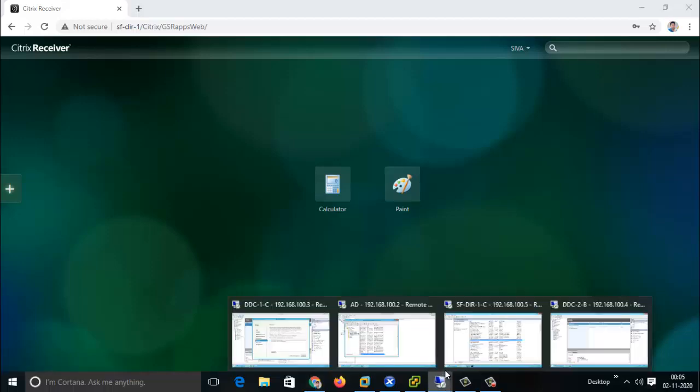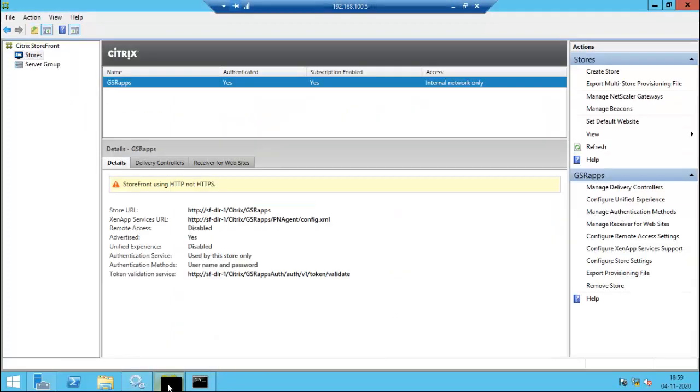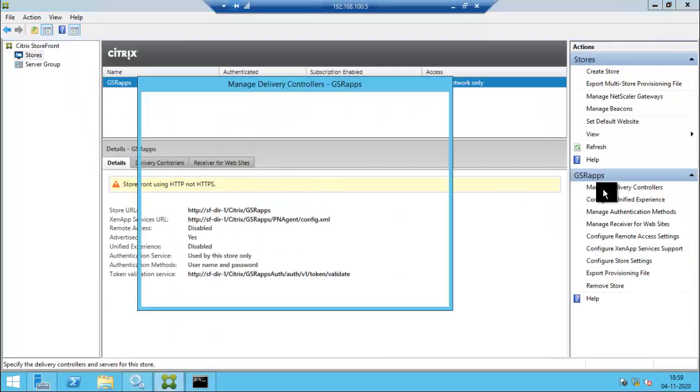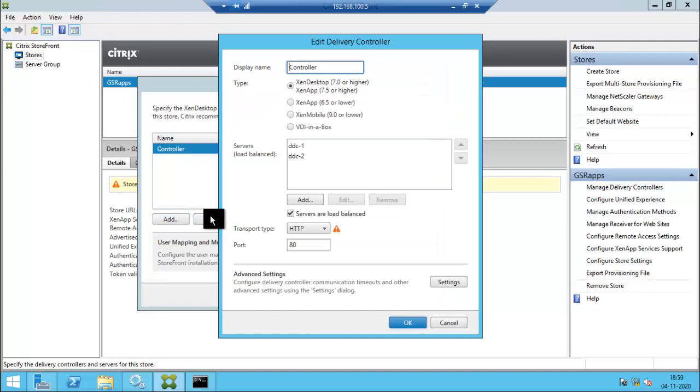Now go to StoreFront and change the port number to 443, because StoreFront uses two port numbers. One is 80 for HTTP, and HTTPS uses 443, but now we have wrongly set the HTTP port to 443.